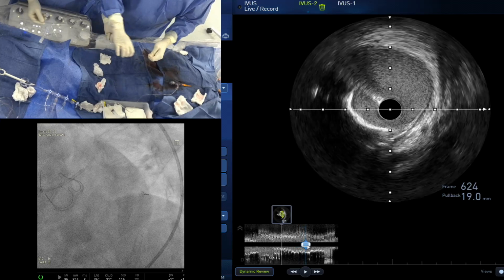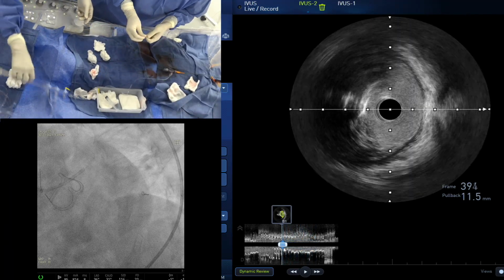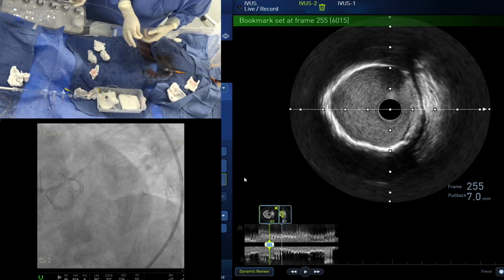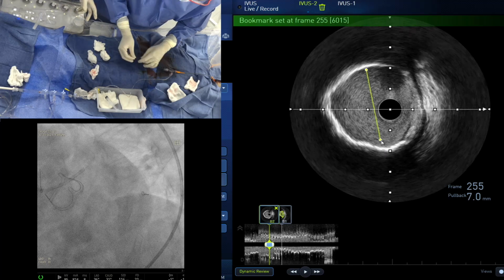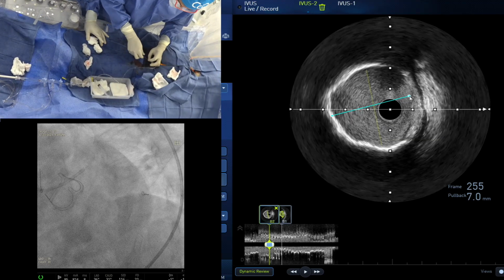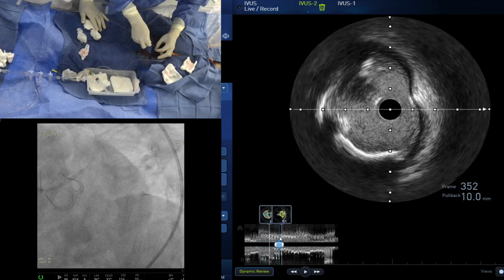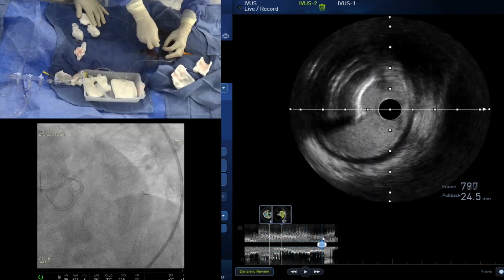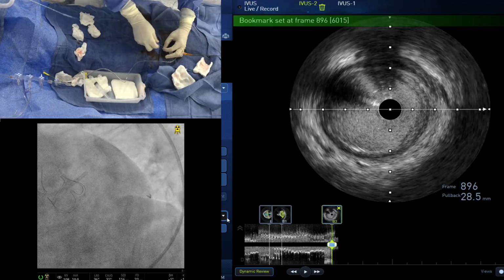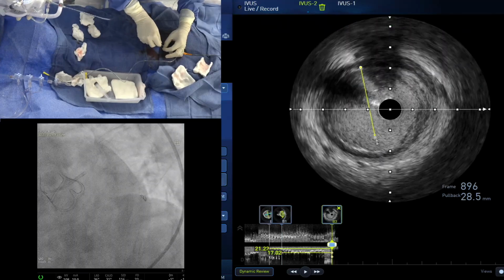Okay, I'm going to the circ now, okay? Yes, the surface is shaped. It cracked the adjacent calcium. Dr. Sharma, it's a 4.5 millimeter vessel. It's a very roomy left main, isn't it? Yeah, very big left main, 4.5. And the lumen seems to be less than half of the left main size right now